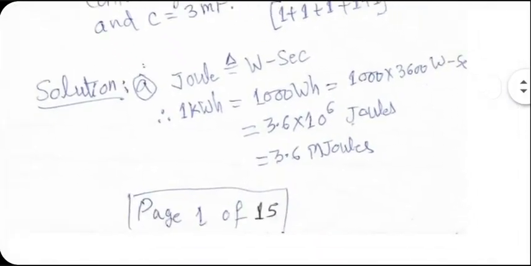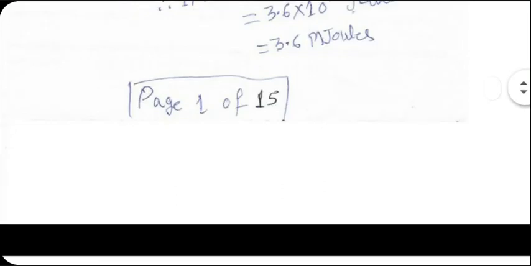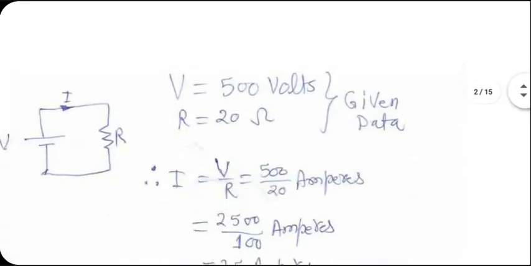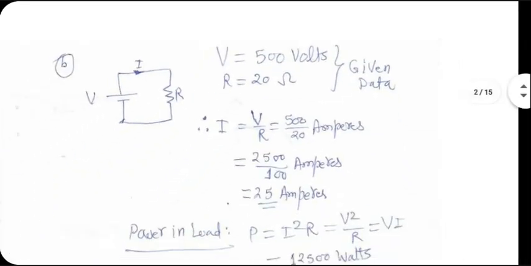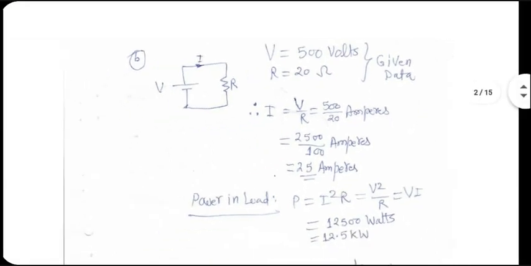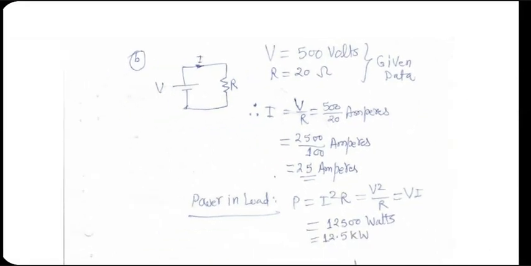Let's see. Part A is simple. We have seen the solution in other documents also. It's given once again. This is part B. I hope you can easily relate to this. I have a DC source connected to a 20 ohm resistor. So you calculate I, etc. It's very easy. Even in 10th standard, you were able to do it, I think.